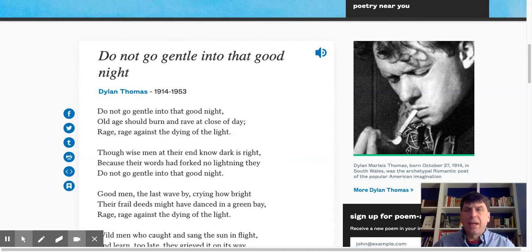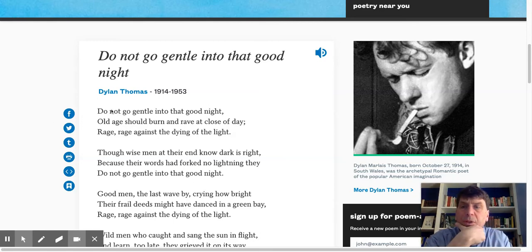So let's quickly look at one of the poems that we did not read in class. It's a pretty famous one. It's an elegy, or in the elegiac form, and it's also a villanelle, which is a kind of obscure French style. But for now, let's just look at the poem itself. We'll read the first stanza here. This is called "Do Not Go Gentle into That Good Night." So we're looking for some poetic devices here. We're looking for things like alliteration, which is repetition of consonant sounds, or things like assonance, which is repetition of vowel sounds. Imagery, personification, things like that.